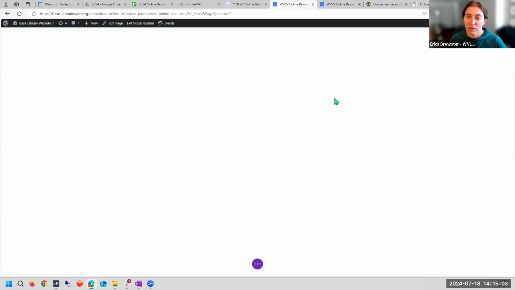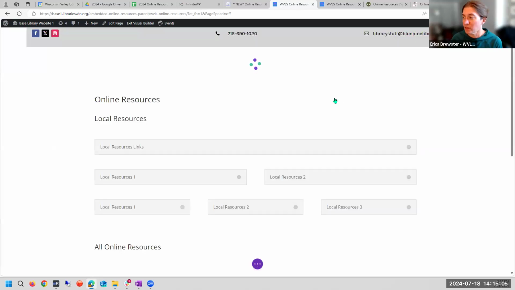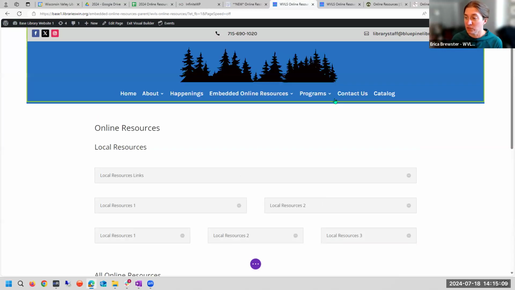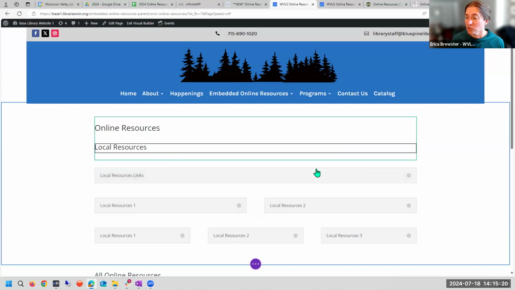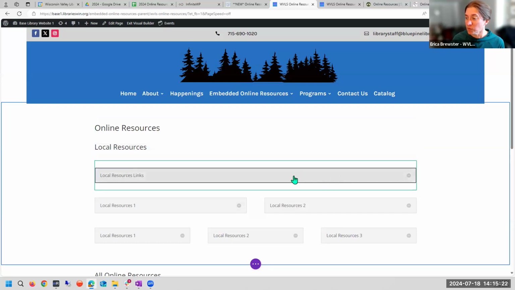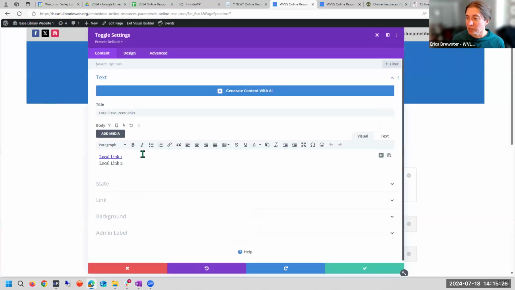So if you are at all comfortable with any level of Divi, and you can make rows and you can divide them into different subdivisions for the size, and you can use different modules, you can update your online resources with your local resources. So the example here with the full width one, when I bring it up,